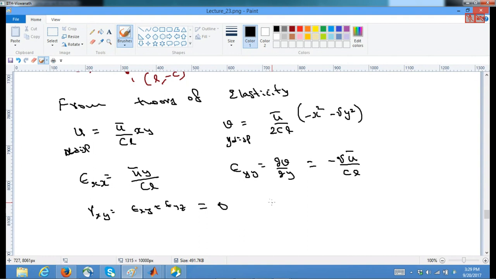So this is the exact solution that we have got. We haven't derived this, we are only invoking it from the theory of elasticity, which you might have learned in some mechanics course. But now let's compare this solution with the solution we get from the finite element solution. So now what we do is, we will try to evaluate for our element